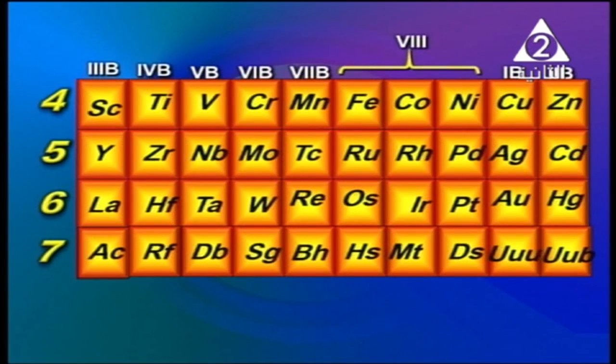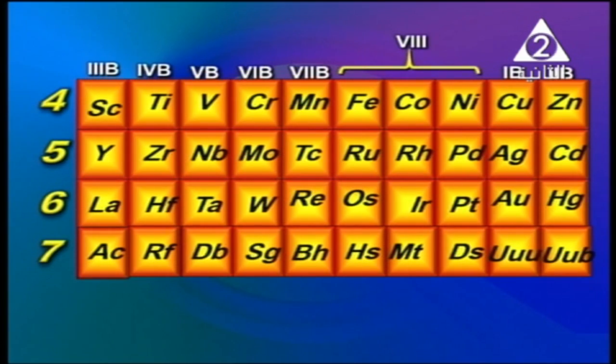As shown on the screen, group 3B ends by filling the d sublevel with 1, group 4B ends by filling the d sublevel with 2, and 5B ends by filling the d sublevel with 3 electrons. In chromium, the d sublevel contains 4, and we have an abnormal configuration for it, which we are going to discuss later. And then manganese, with the d sublevel filled with 5 electrons, and then iron, cobalt, and nickel,